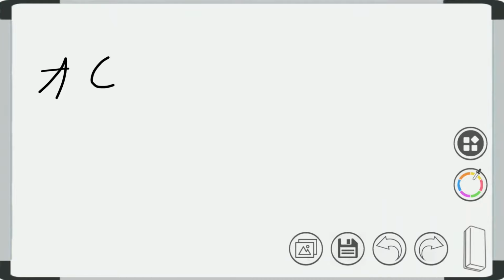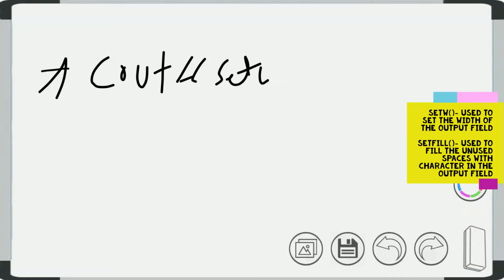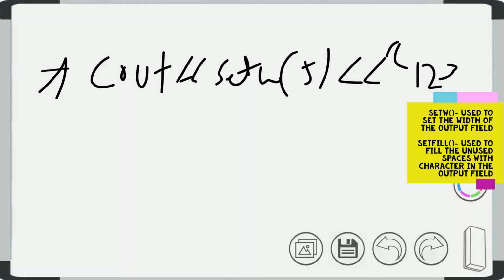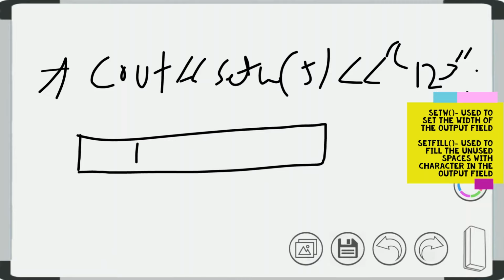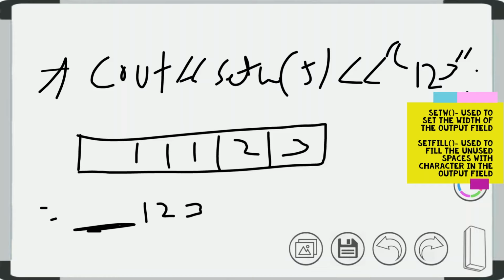So when the programmer writes cout setw 5, and after that prints the value 123, then in the output field the value will be stored like this: 123. So it will print 123, and the unused space will be displayed.